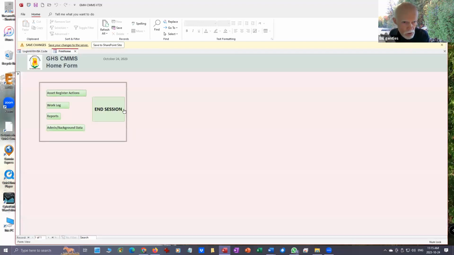The third screen is your main dashboard. So the main dashboard is where you always go back to after you've finished working with some part of the program. And just for a quick review, I'll talk briefly about asset register, the asset register actions, but we want to talk mostly about the work log today. So very quickly,